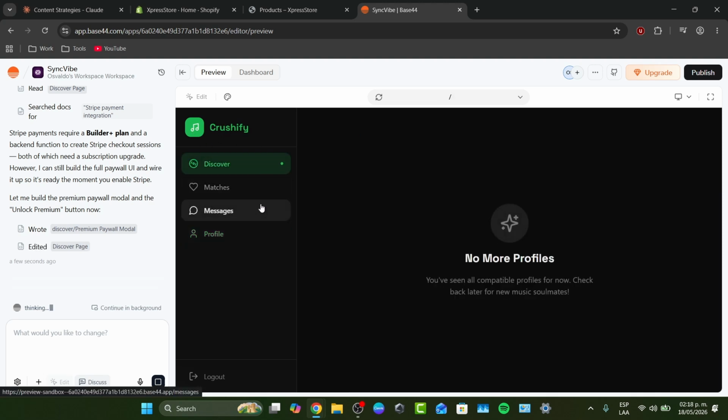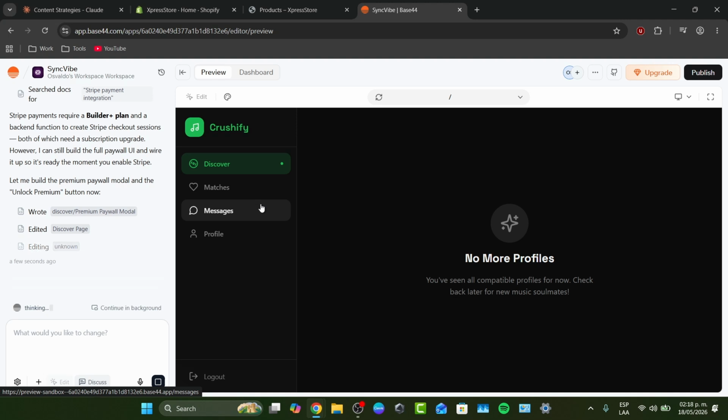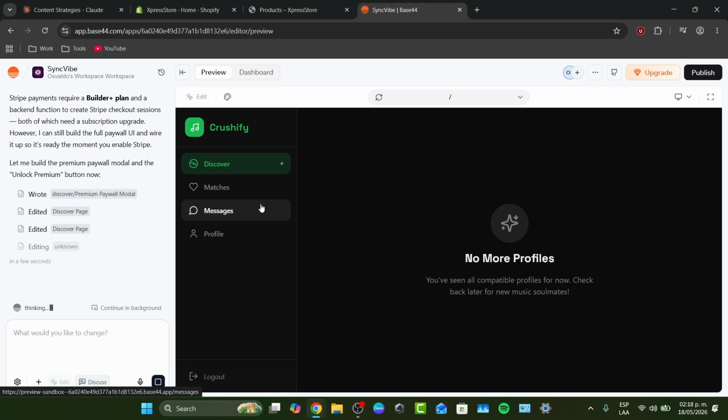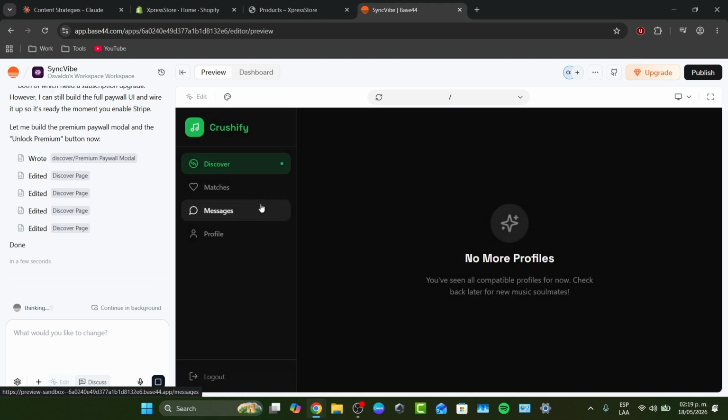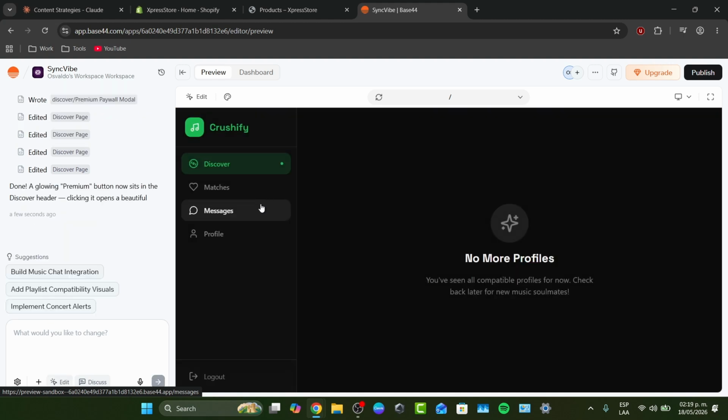So you have two core pathways here depending on your preferred processor. You can connect a native Stripe account or click to connect the built-in Base44 payments powered by Wix. This lets your live application accept standard credit cards, such as Apple Pay, Google Pay, and PayPal right out of the box. So you want to fill out the standard merchant registration layout. Just drop in your business structure and bank account details so the system knows exactly where to route your automatic